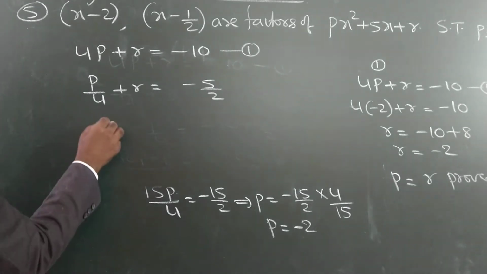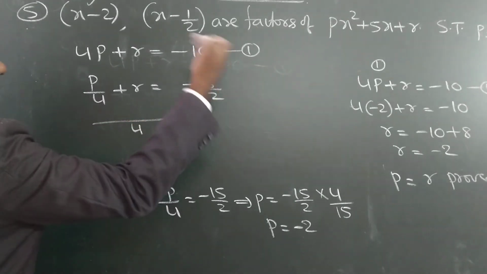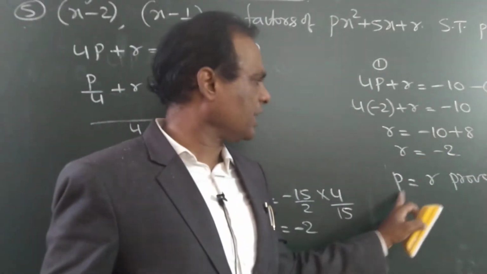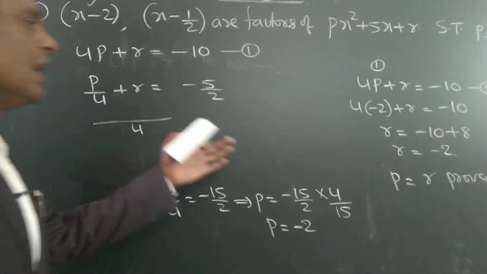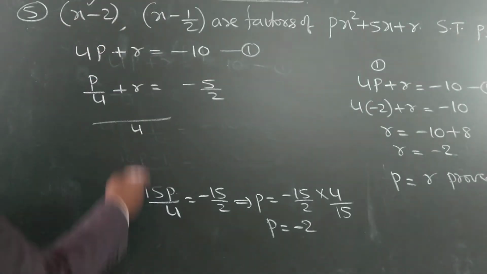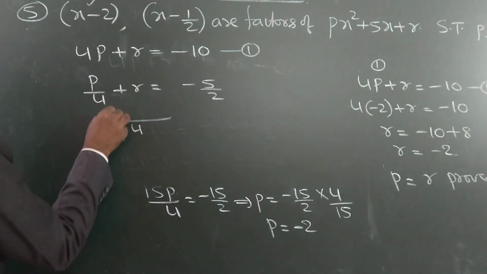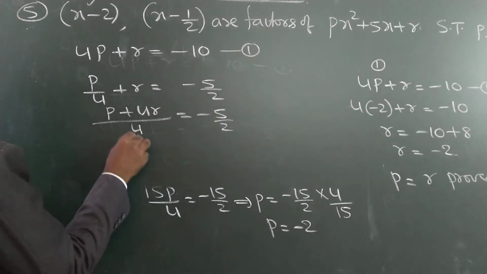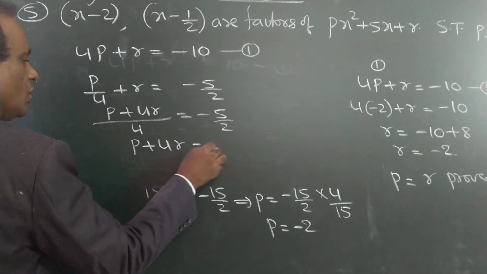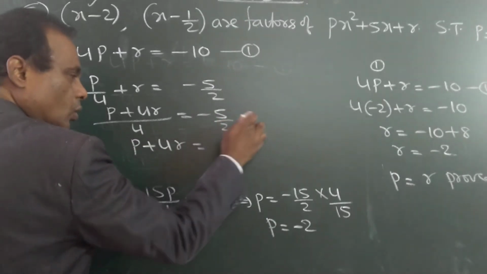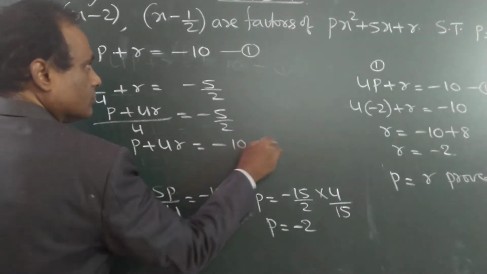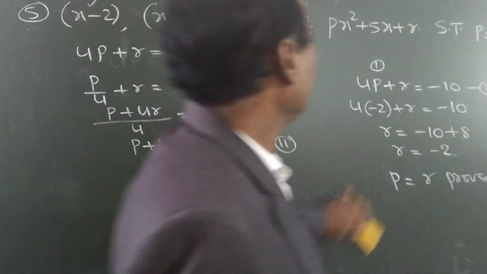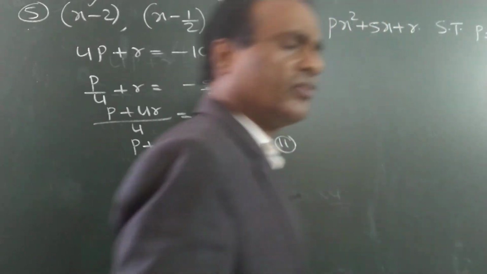Second equation I will further simplify. In the previous case I took it as it is and I got P is minus 2, R is minus 2, P and R are equal. That is one method. But again I will explain another method. So the second equation I am simplifying. For that side 4 will be multiplied, 2 2s are minus 10. See here, without finding P and R values also we can do.